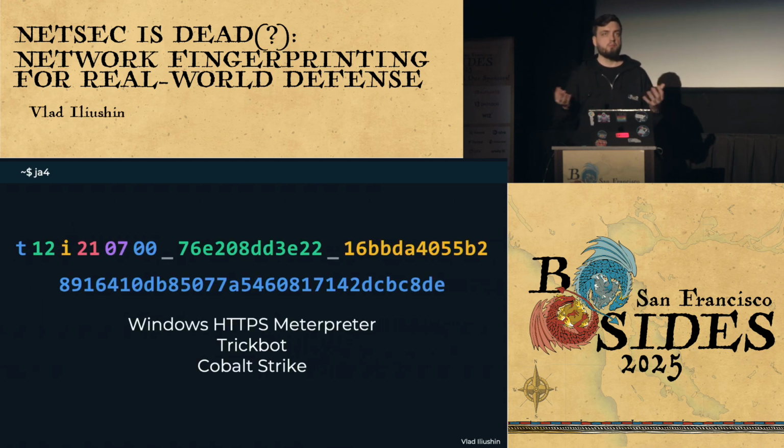And also, there are multiple detections that you can do in the JA4 space. For example, the first value here is the JA4 hash, the second value is the JA3 hash for the exact same thing. Depending on the sample or the blog post or the source of your data, it is either Cobalt Strike C2 communication coming out of your network, or TrickBot, or Windows HTTPS interpreter. So if you see this hash in your network, something must have gone wrong.